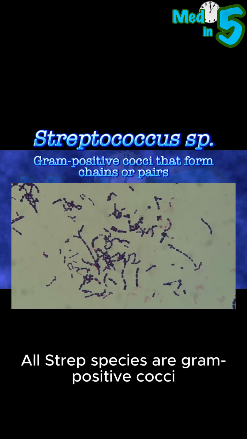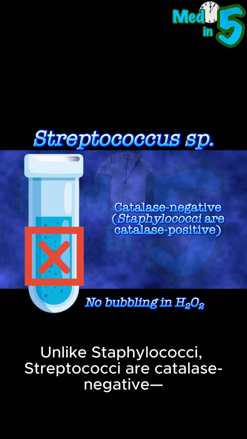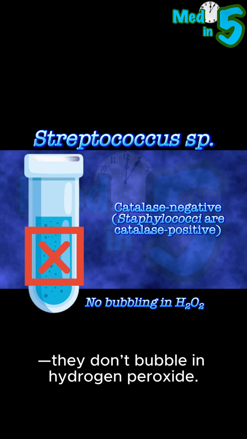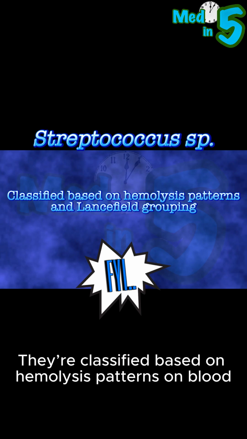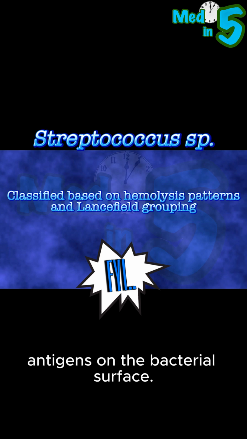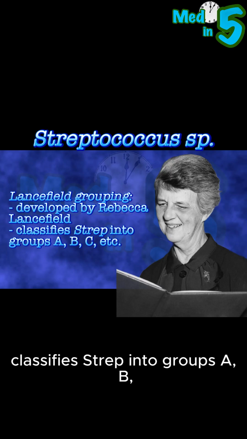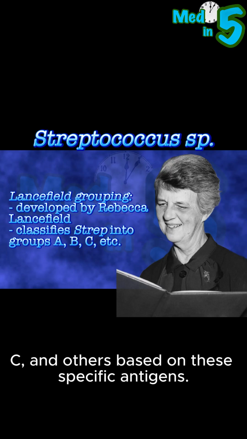All strep species are gram-positive cocci that typically form chains or pairs. Unlike Staphylococci, Streptococcus are catalase negative. They don't bubble in hydrogen peroxide. They're classified based on hemolysis patterns on blood agar and by Lancefield grouping, which reflects carbohydrate antigens on the bacterial surface. The latter system, developed by microbiologist Rebecca Lancefield, classifies strep into groups A, B, C, and others based on